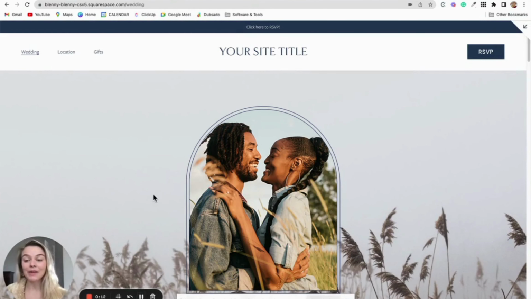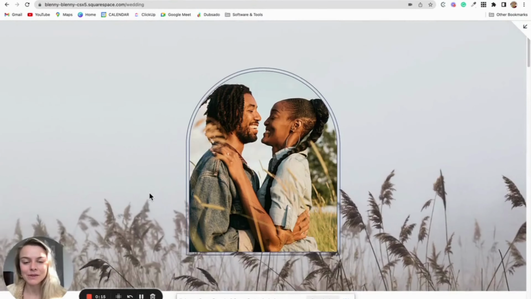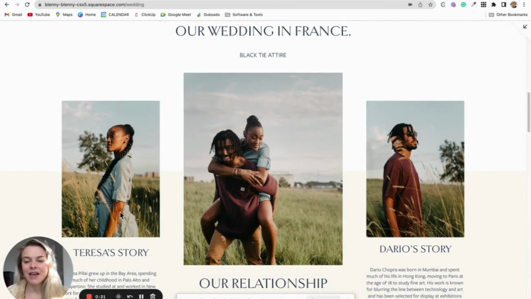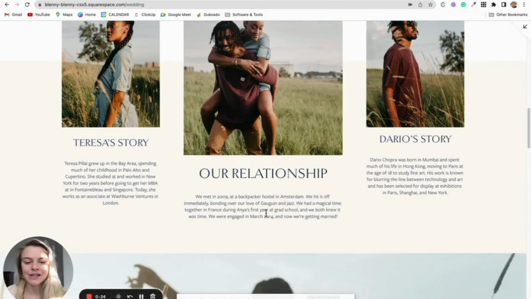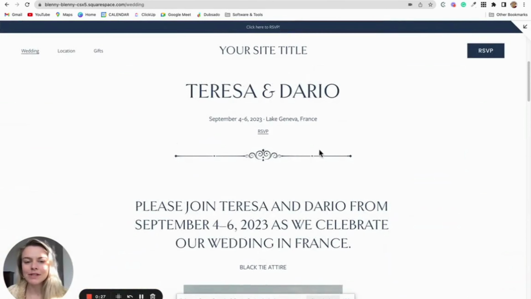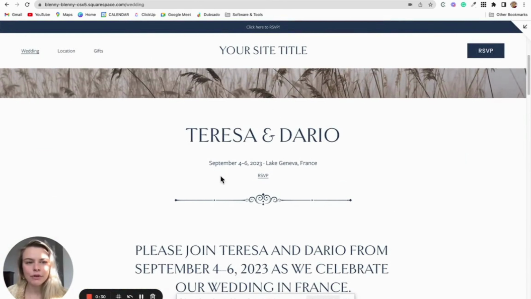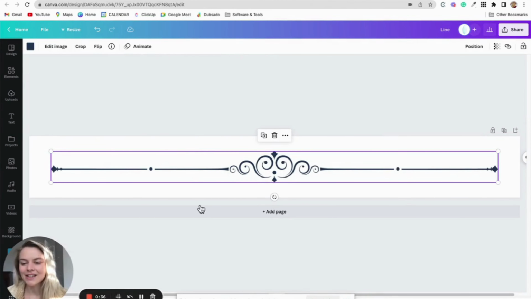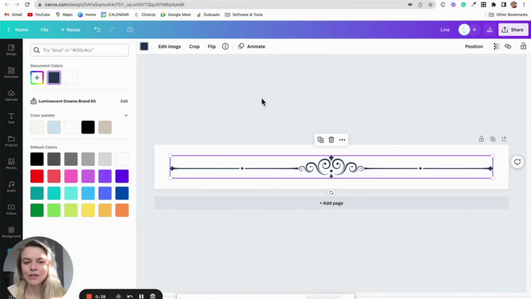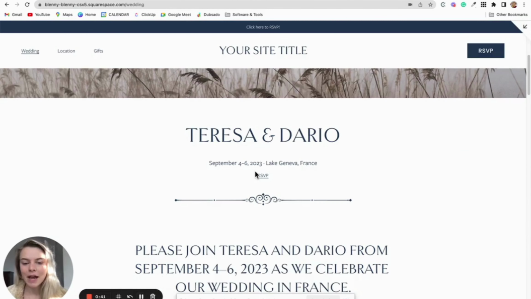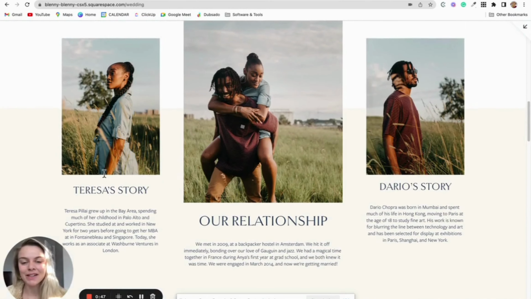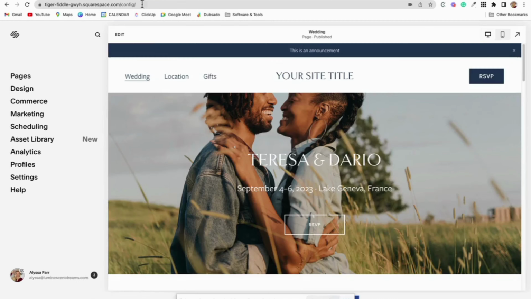So the final element that I'm going to talk about to make your Squarespace website not look like a Squarespace website is to layer graphics, images, and colors. Even in this simple website, it's really subtle, but just by having this little graphic right here, which I created on Canva, I just took one of their line templates and customized the color to match the website. Just by adding that and a really simple shape behind this, which I'll get into the editor and show you in a moment, and changing the sizing of these photos, you can see beforehand,